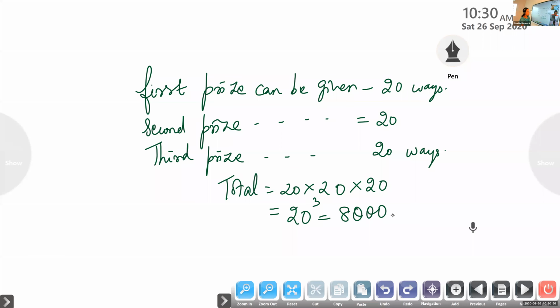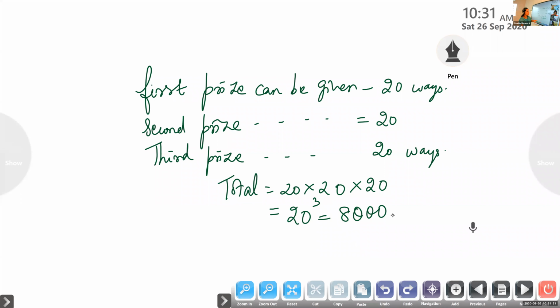So in this permutation and combinations, the steps only. Ma'am, a small doubt. Yes. Is it the same sport that the boys are getting prizes, or 3 different sports? Maybe it's not specified here. It may be 3 different sports. In the same sport, we will not be able to give, isn't it? If they are participating in the same, it is not mentioned here. It is only given: in how many ways can 3 sports prizes be given to 20 boys.